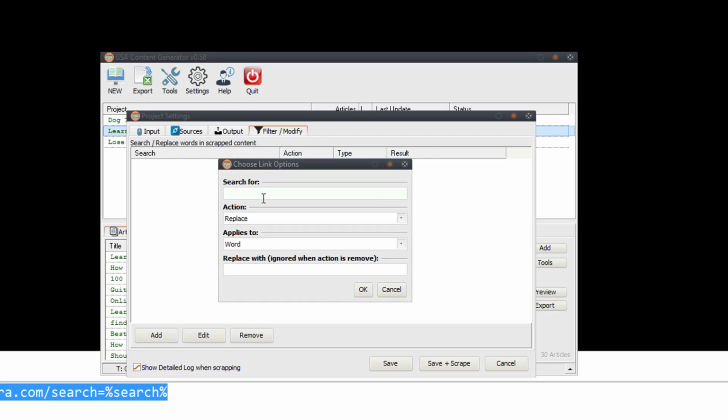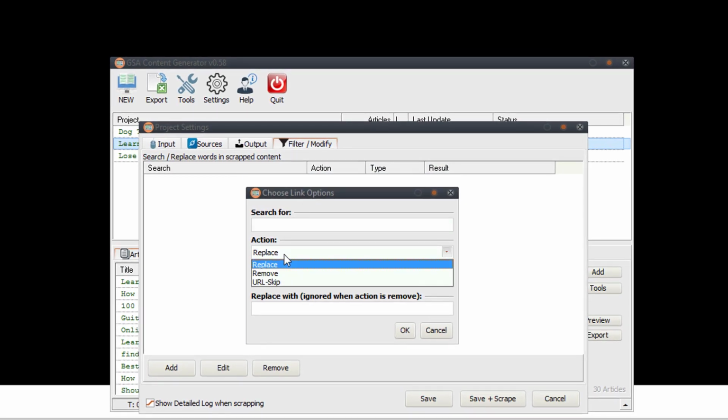And then you've also got this manual section here, where you have replace, remove, and then URL skip. So let's say all our articles had the word guitar in it and we wanted to replace that with the word drums. Then we could put guitar here and it's going to replace it with drums. So we can replace things, we can remove whole articles,